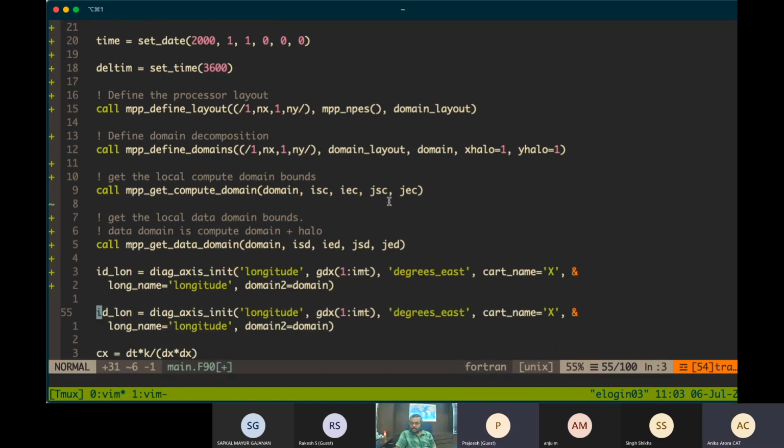We have two axes here. The attributes mentioned in the diag table should match with these names, no? Like longitude or lon. But you don't need to match it with the axis, because the axis will automatically come when you're writing a variable. Axis information will automatically be there. Diag table, diag manager, everything is for output.